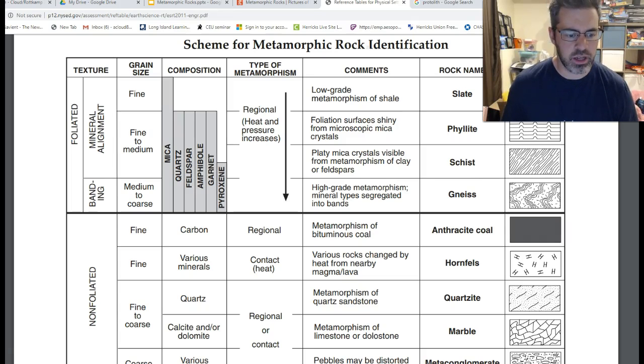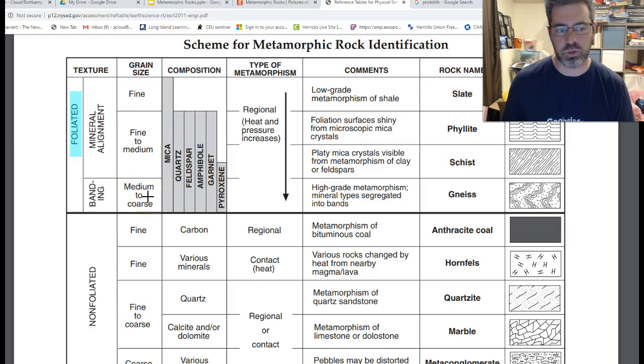And what I want to do is just focus in on the regional metamorphic rocks here for a moment. I'm going to use my highlighter tool here, and maybe we'll use blue. Okay, so on page 7, you're going to see, guys, that the metamorphic rock identification scheme is separated into two really different zones. The first is going to be your foliated rocks over here, and that's what we're talking about right now. For the most part, regional metamorphic rocks are foliated. Okay, and on your chart, you only have 1, 2, 3, 4 choices to choose from fine to medium to